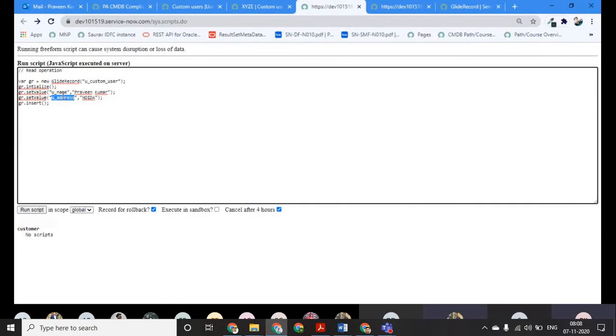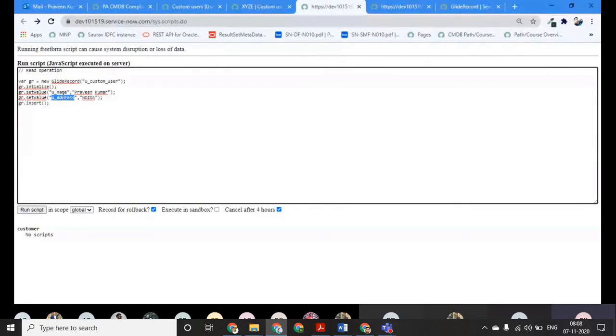So what is the difference between the update function, update operation, and insert operation? Update operation means something already exists earlier, and we just want to modify it.